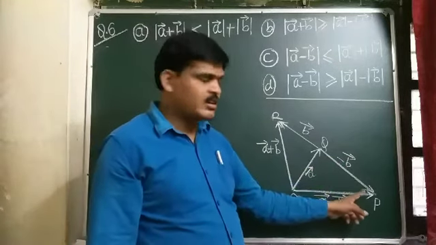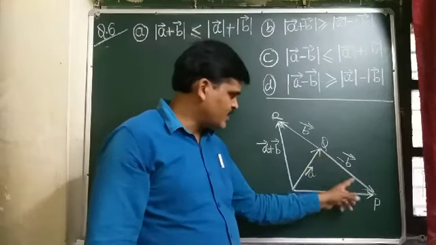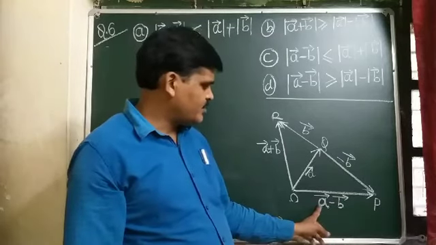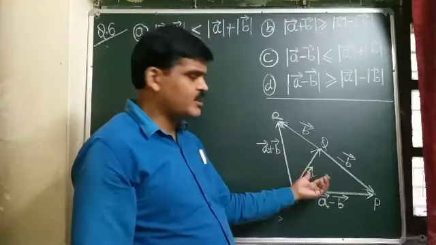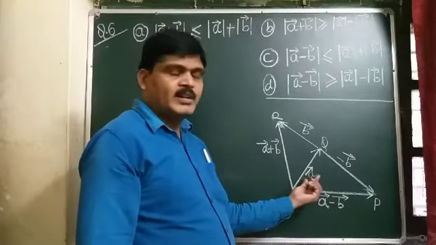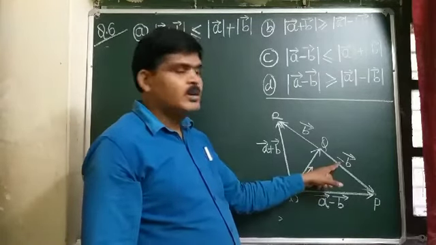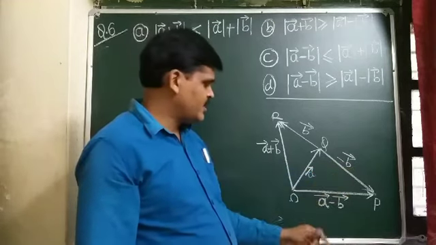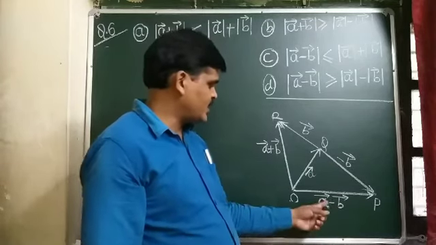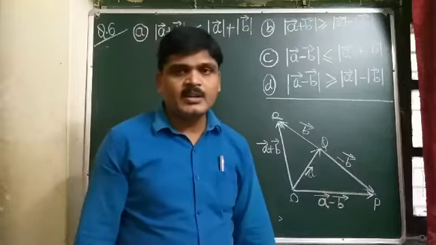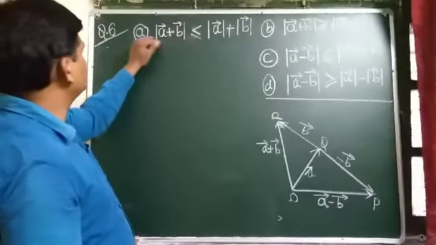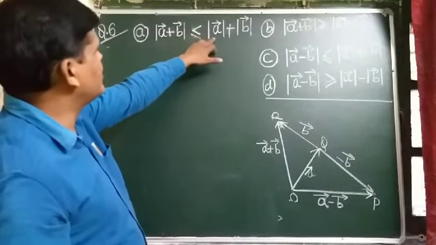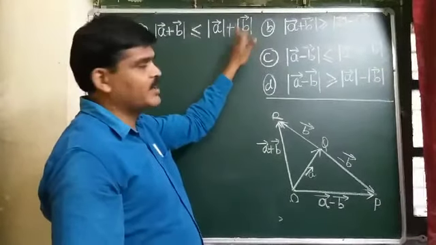Now again we use the triangle law: vector A minus vector B, and the resultant is taken in reverse order. So this is vector A minus vector B, the resultant, in two triangular forms. We can take mod vector A, which is positive, and mod of minus vector B, which is positive. And here we also use mod vector A minus vector B. So first of all, students, we have to prove that mod vector A plus vector B is less than or equal to mod vector A plus mod vector B.